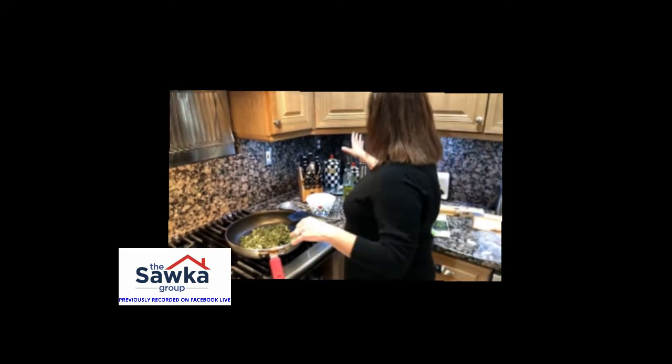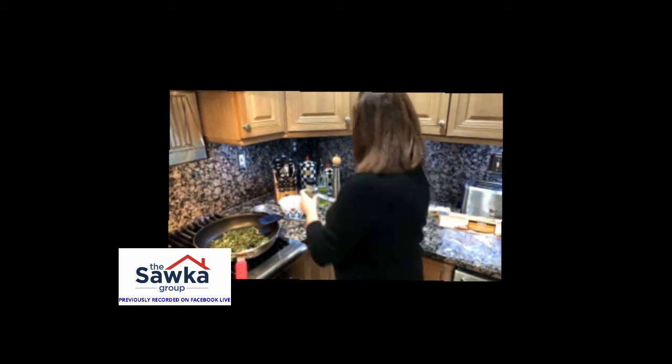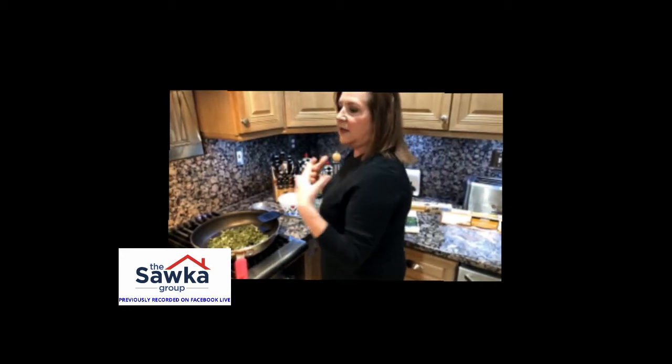So anyway, olive oil, butter, start sauteing the spinach in the pan. When the spinach starts to saute, salt, pepper, garlic powder. Guess what? We ran out of garlic powder. I used granulated garlic. Some fresh nutmeg here that I grated into it. A little bit of Italian seasoning. And just start sauteing it and let it cook. And you're going to smell it, and it's just going to be...